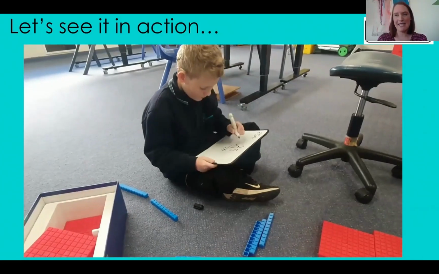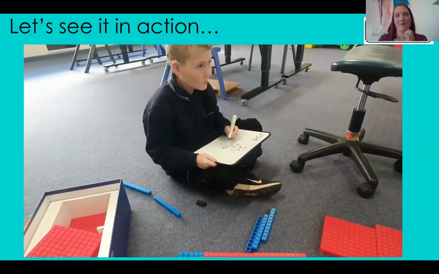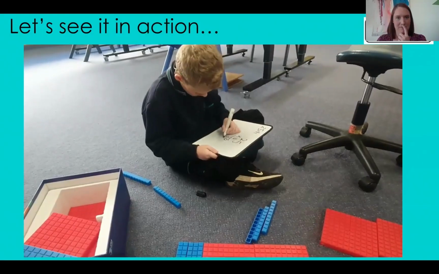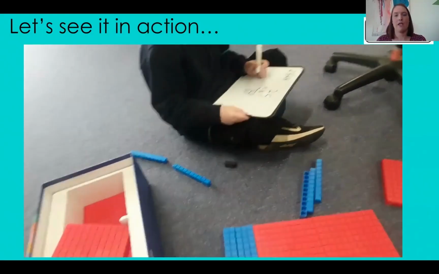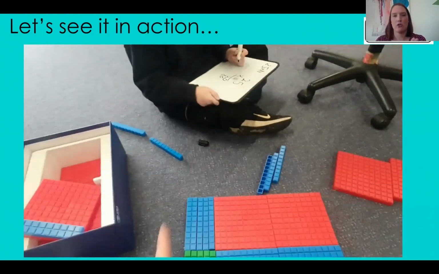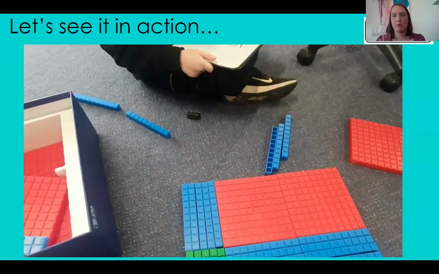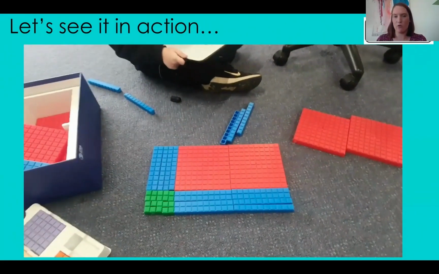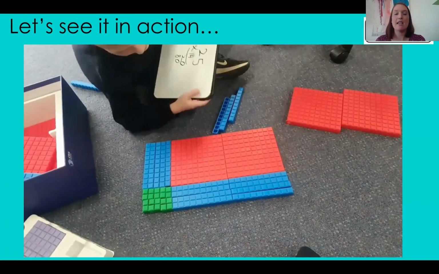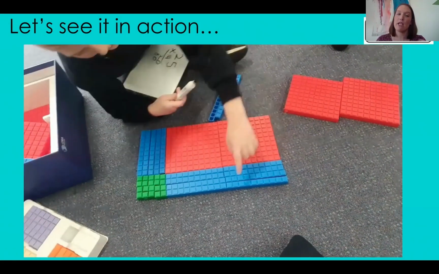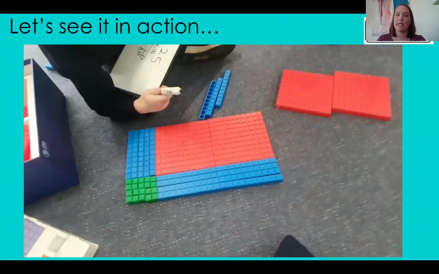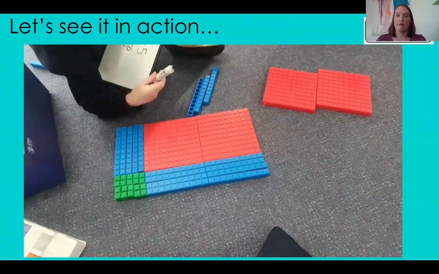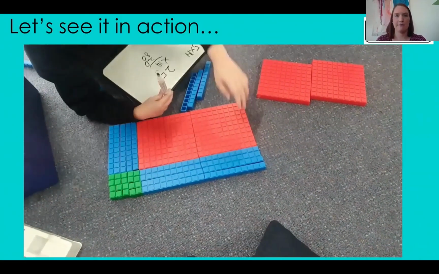Wait, let me use my brain, he said while he's trying to work it out. So they're looking at which two numbers they're multiplying together next, and then finding which rectangles represent that. He needed a little bit of assistance with realizing that the green blocks were the ones that he'd just done. But this time he's like, oh, I know, I got it.